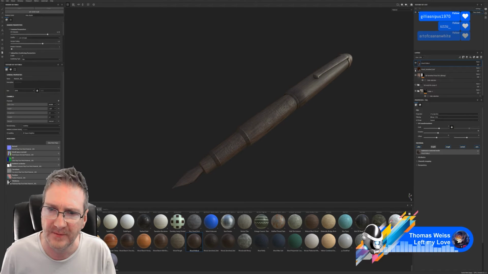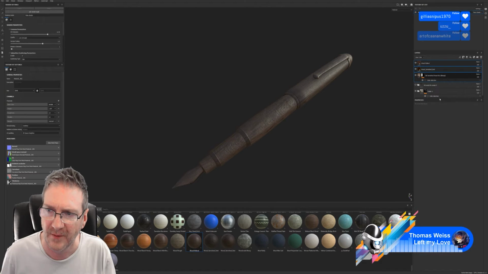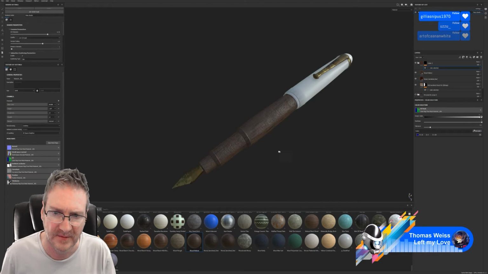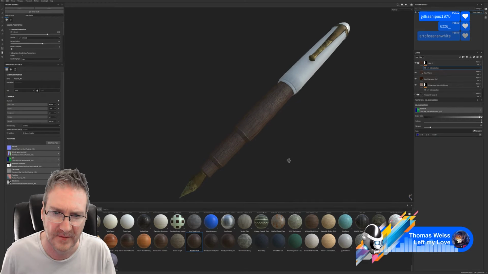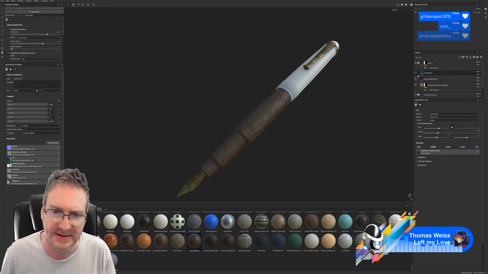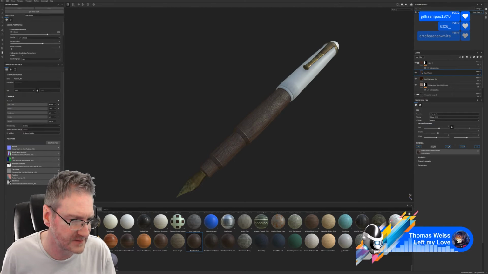So let's group these together. Again, let's mask with color selection. Alrighty, let us use a smart mask.